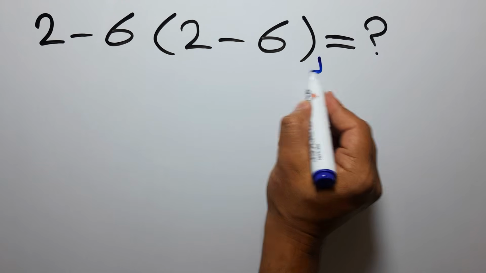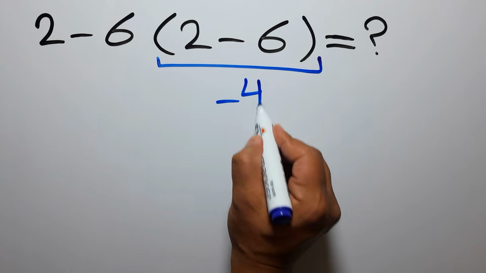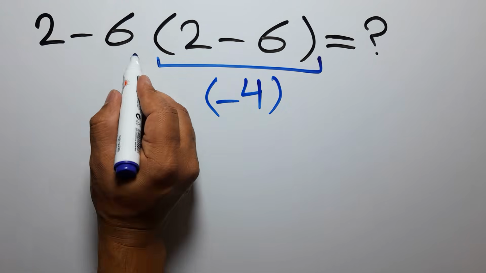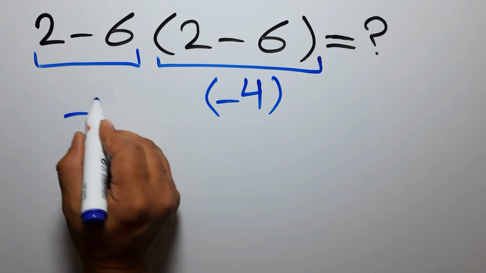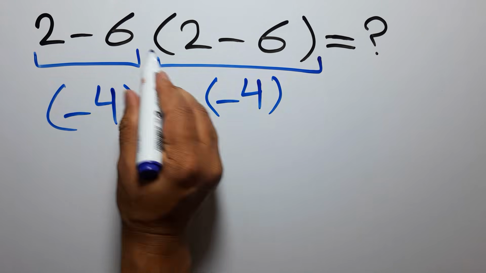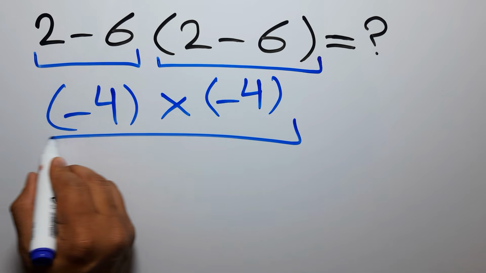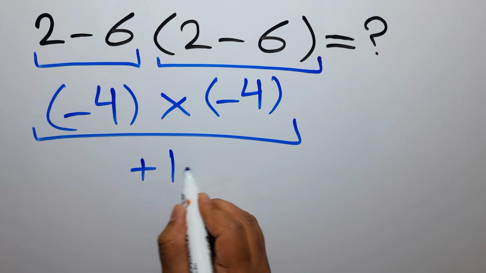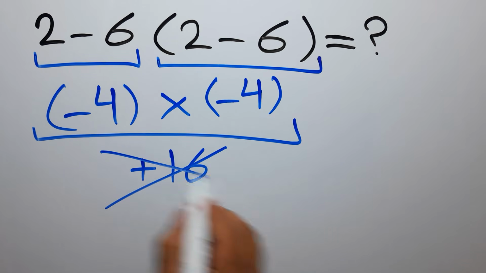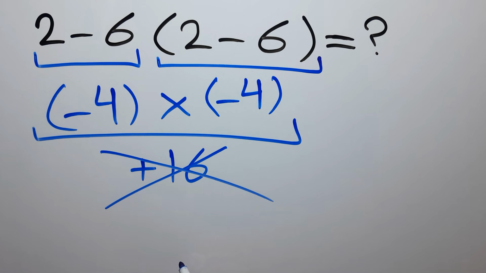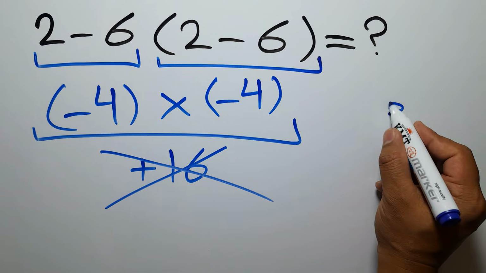2 minus 6 gives us negative 4. And again here we have 2 minus 6. So negative 4 times negative 4 equals positive 16. But this answer is not correct, because according to the order of operations, which is PEMDAS,